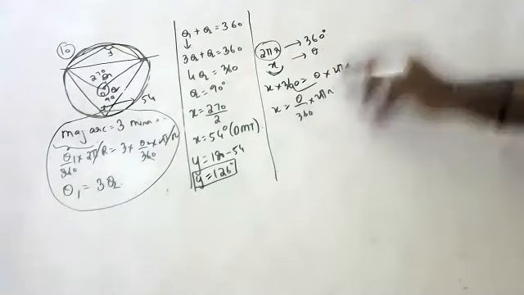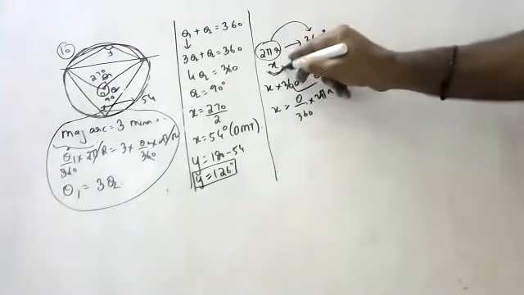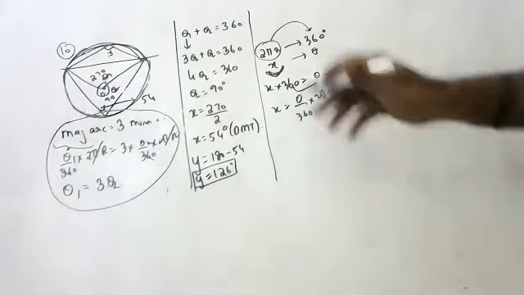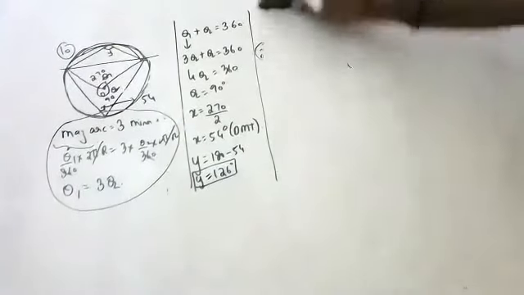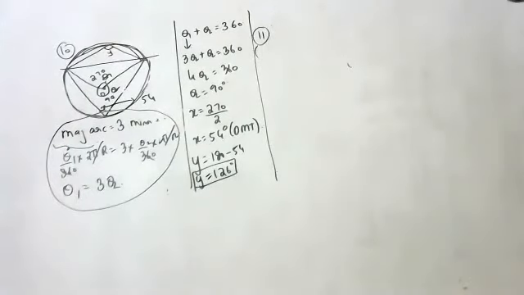Like this, children, you should analyze that. Try to understand: the full circle is 360 degrees. The length of the arc subtends how much angle? So theta by 360 into 2 pi r. Like this we have to do, children. Next question. I hope you all understood. If you didn't understand, please practice that question after the class.